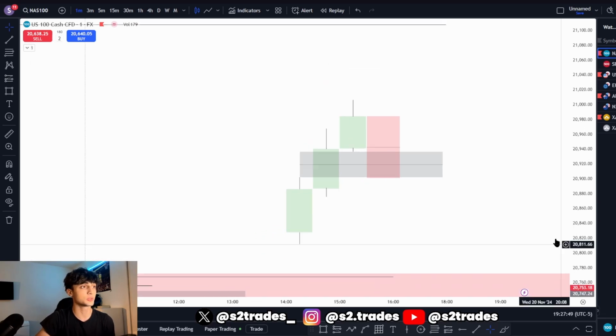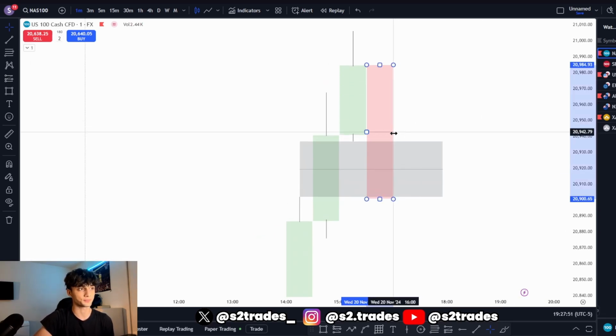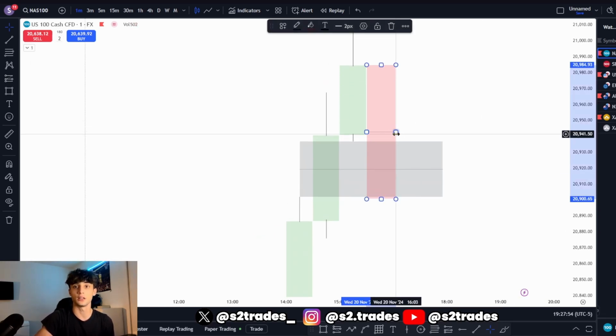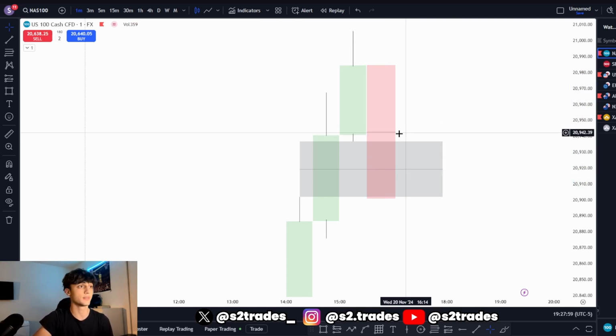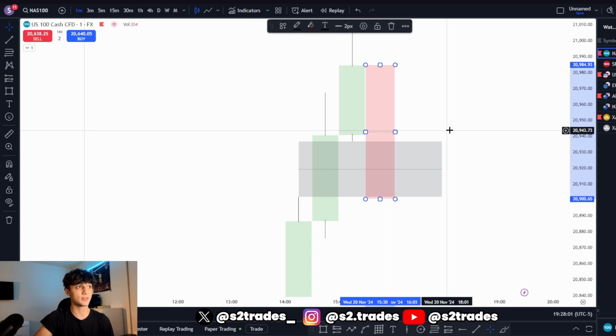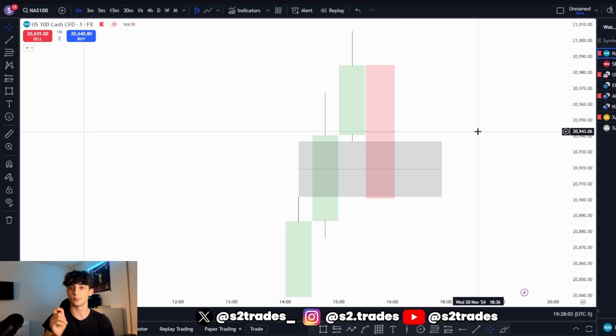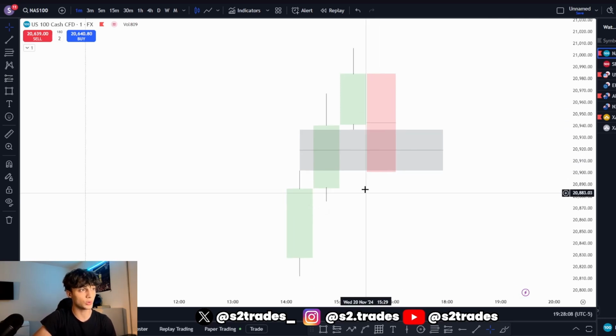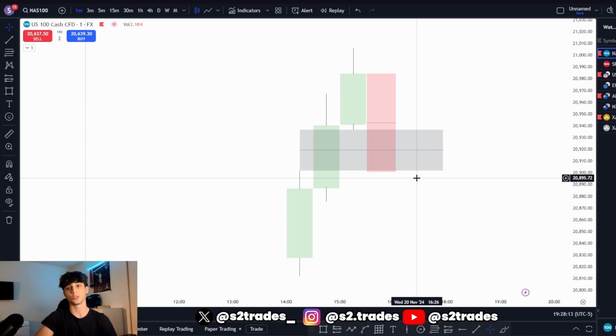So the best way that ICT described this was, you wouldn't punish your child for coloring outside the box. Yes, the market is a very precise place and everything has a reason for it, and it moves pixel perfect sometimes. But other times, what might happen is we will color outside of the box. So if you give your kid a coloring book, they come up to you, they're like, hey dad, I colored this for you. You're not going to beat up your kid just because they colored a little bit outside of the